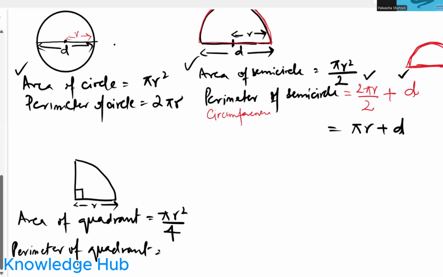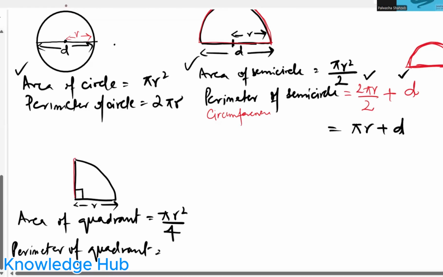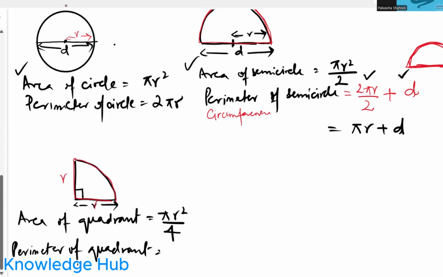So it means this, that is r, plus this, that is again r, plus this curve. You know, for the circle, the circumference or perimeter is 2 pi r. So for the quadrant, 2 pi r over 4 would be this curve, plus r,